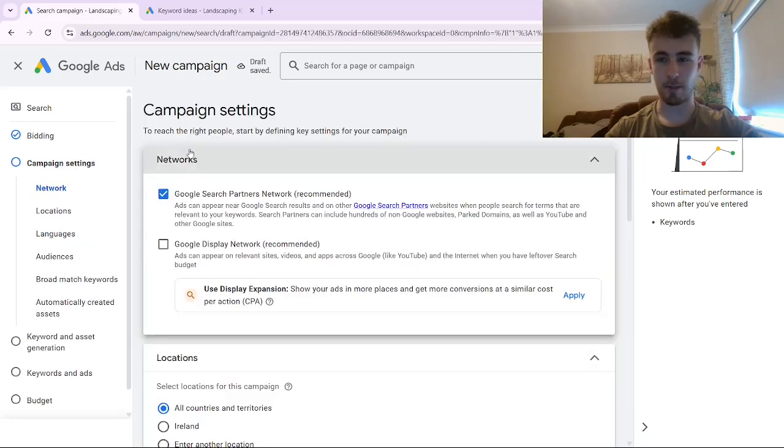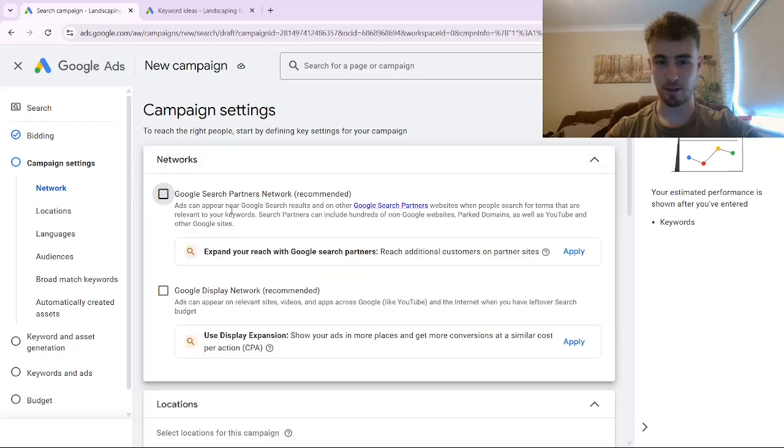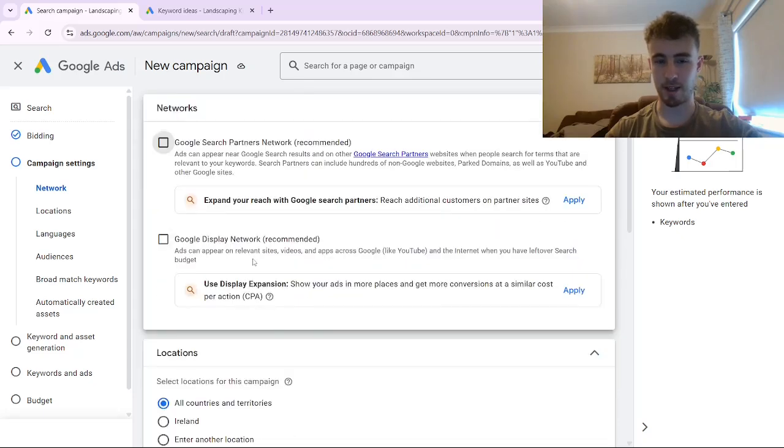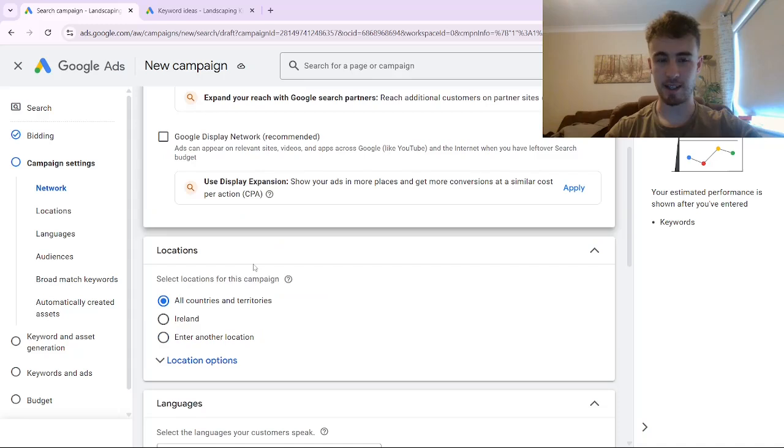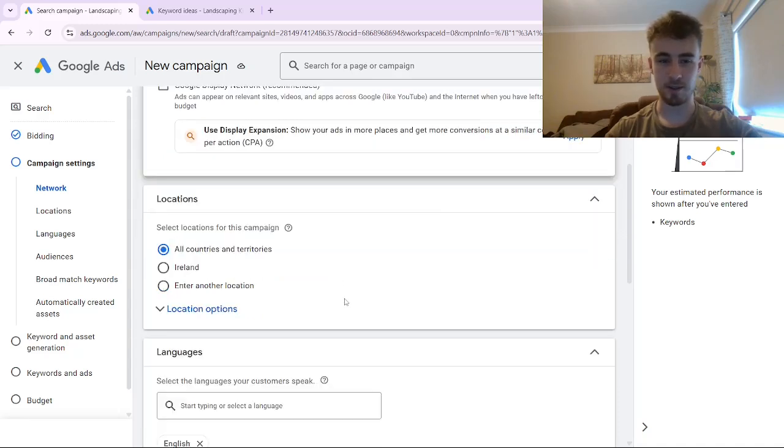And under campaign settings, what you want to make sure you do is deselect Google Search Partners Network and Google Display Network, because they usually lead to very low quality traffic for the most part. So just deselect those. And under locations, it's really important that we don't want to target the